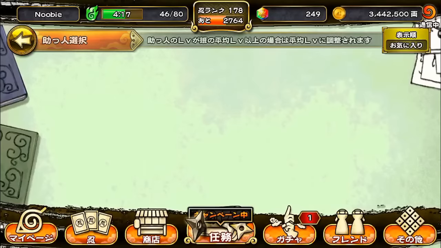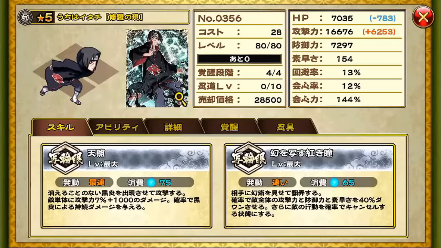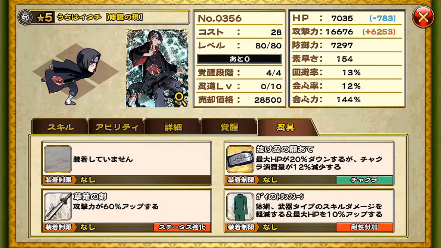What I did earlier was I used Itachi. Okay, let's use Book's Itachi. Shout out to you. Book is Naruto ship, a viewer. So let's see. I'm just going to take a look at his...